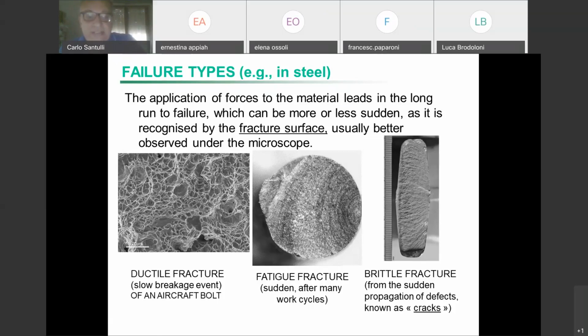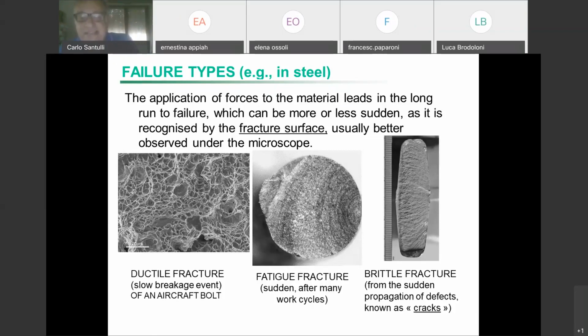This was ductile, because you may imagine that you had the necking. This was under the microscope. You may imagine this is a section, and that the necking was traveling around for quite some time during the tensile breakage. So it was ductile, this failure, because you had internal deformation.